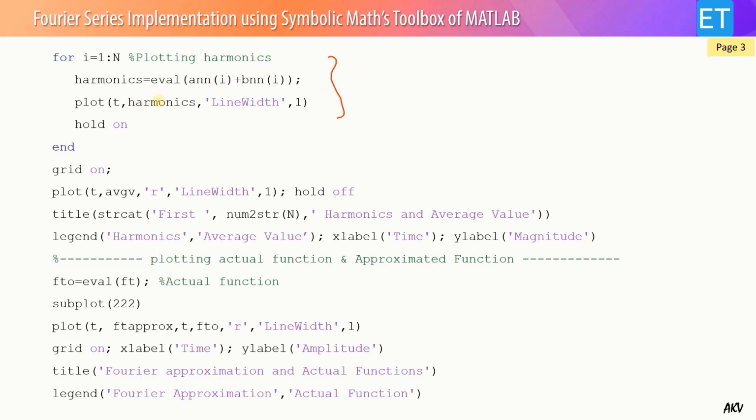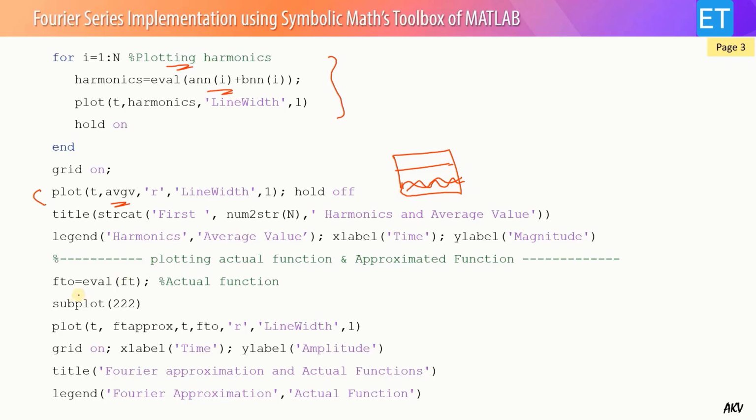So harmonics equal to an plus bn. All sine and cosine terms will be added and displayed in the form of a plot. Here I am plotting the average value as well as all the sine and cosine harmonics. So in a graph you will see the average value as well as all sine and cosine harmonics which are calculated